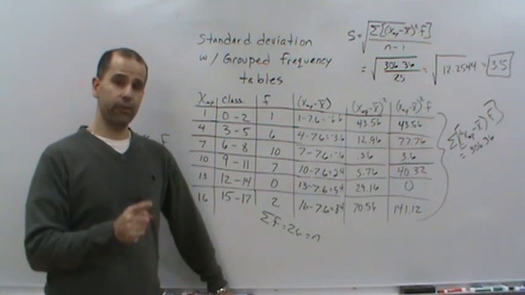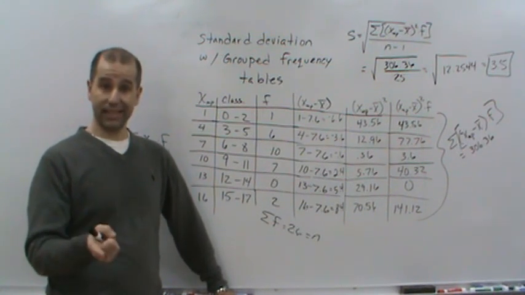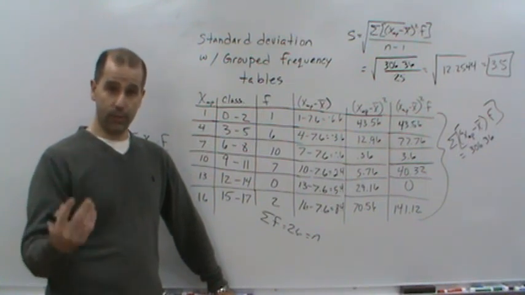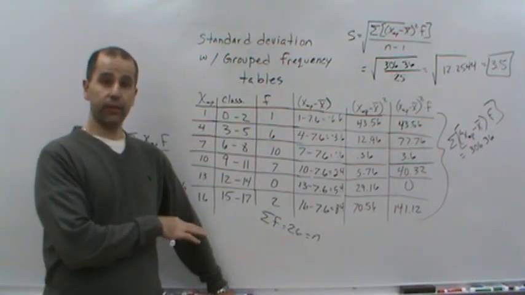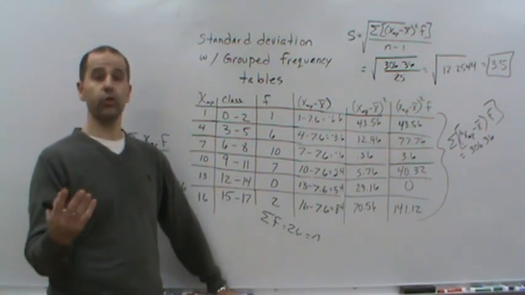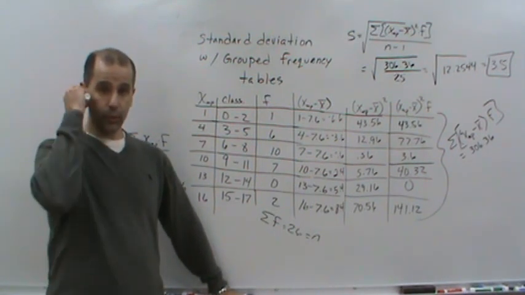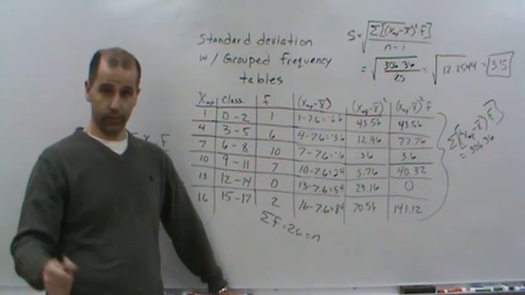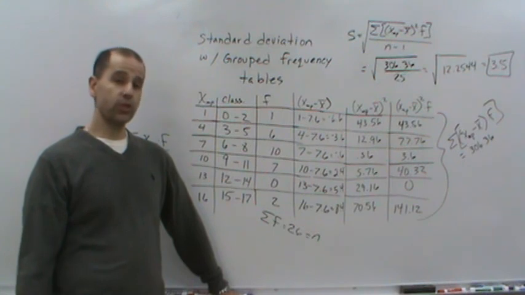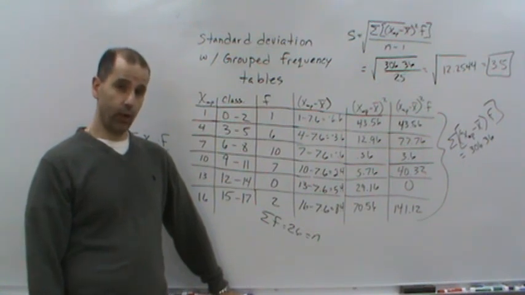So when we have large data sets or large populations that are symmetric, then standard deviation is very useful. As I said, it's the most used statistic we use as far as measurement of variation. That's if it's symmetric. But what if we have skewed data? Or if we have